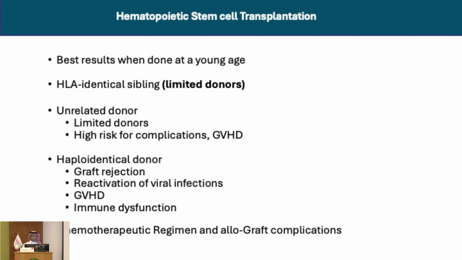As Dr. Isa mentioned, the unrelated donors are associated with severe complications. Chances of GVHD, rejection and failure are high, besides the complication of graft versus host disease. Haplo-identical transplant is another alternative transplant, but again, this is associated with multiple severe complications like graft rejection, reactivation of viral infections like BK virus, adenovirus, CMV, that become chronic and difficult to manage. Graft versus host disease is really a major challenge in this category of patients.